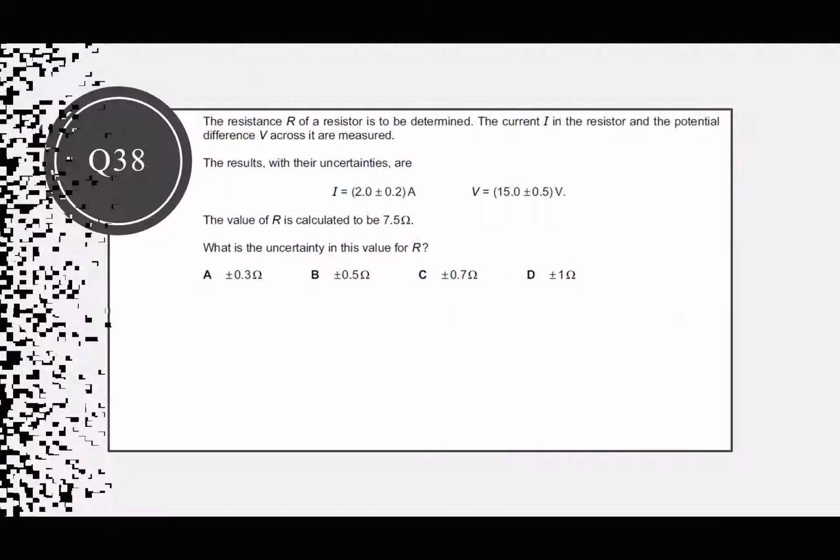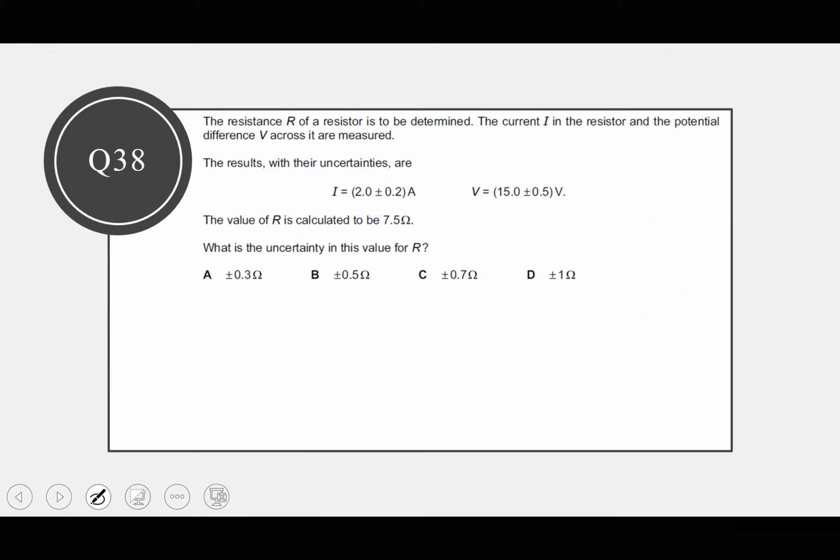Next. They have given us the resistance of a resistor is to be determined. The current I in the resistor and the potential difference V across it are measured. The results with their uncertainties are given as that and that. R is calculated to be that. What is the uncertainty in this value? So from the formula, R is V over I. The absolute uncertainty in R is going to be equal to